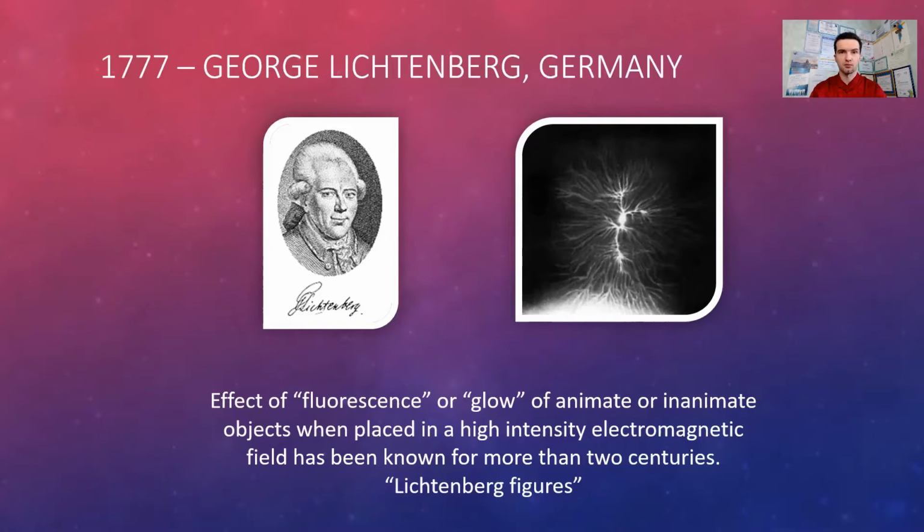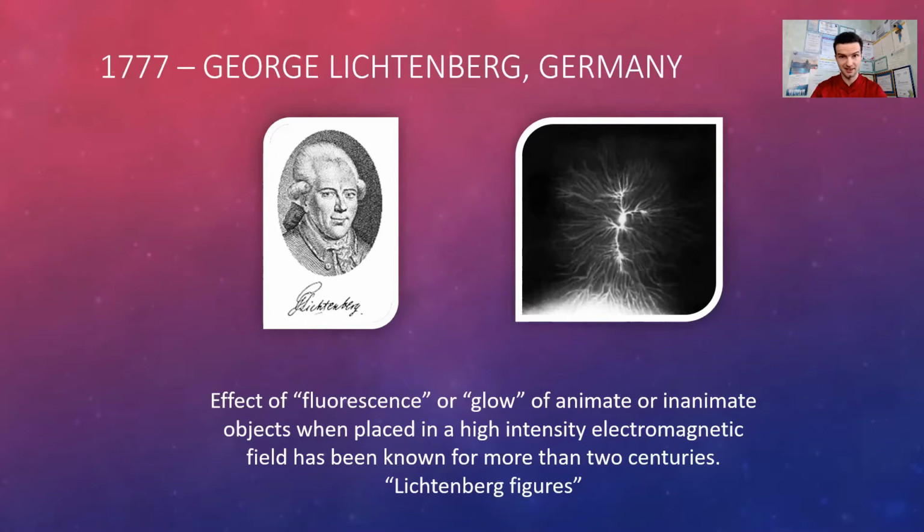And when he was connecting the wire to this metal rod, touching it with his hand, he noticed that there was some kind of emission or glow around his hand when he was touching the glass surface. So this effect of fluorescence or glow he registered, and then he made different types of